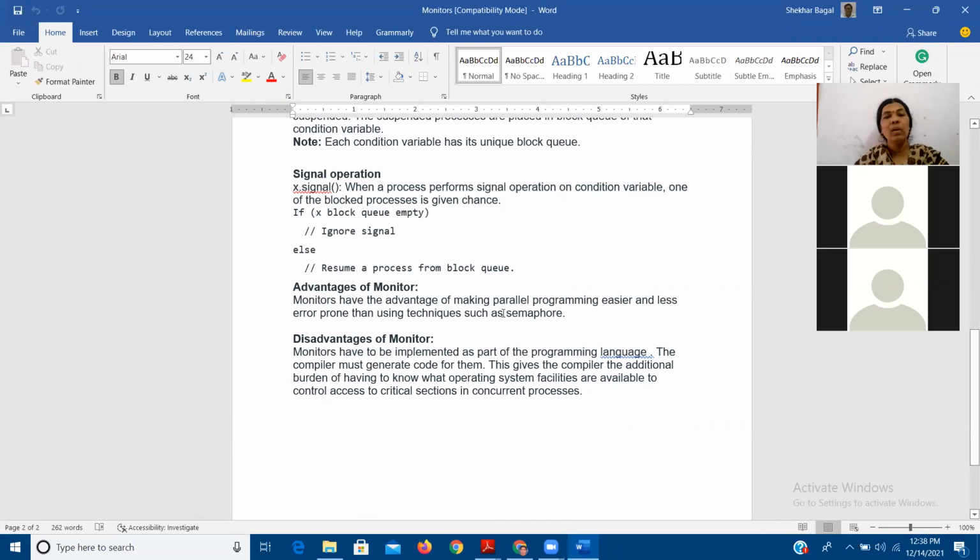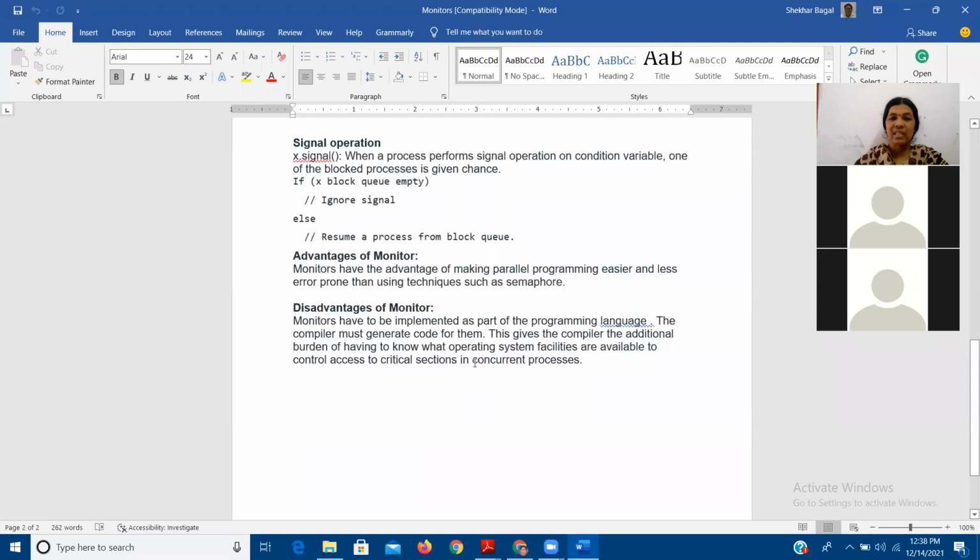So compared to C it is better, it is object oriented. We are able to declare the variables, the type of variable, public, private, and methods also. That's why it is said that monitor is easier to implement than semaphore with the help of parallel programming languages, that is C++ and Java.